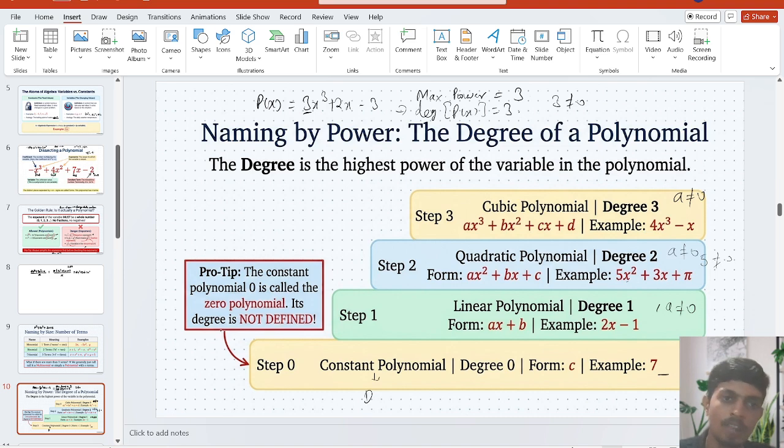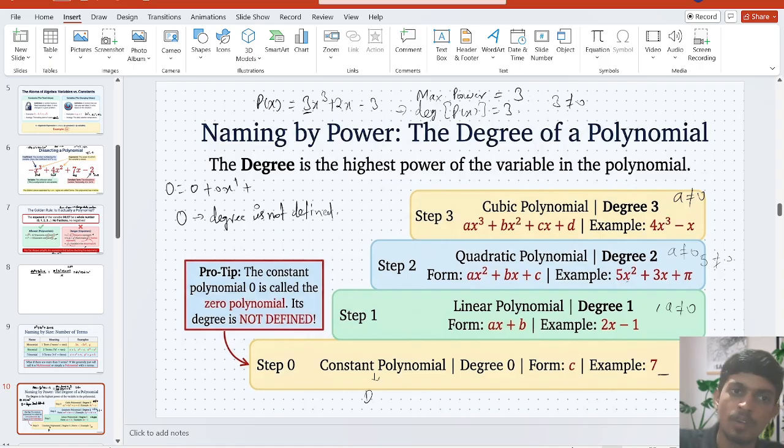And you should always remember that 0 is the zero polynomial and its degree is not defined. Degree is not defined because 0 can be written as 0 plus 0 times x to the power 1, 0 times x square, 0 times x cube, and so on. So we can say the degree is not defined because for any power, the coefficient is always 0. Okay, so next,